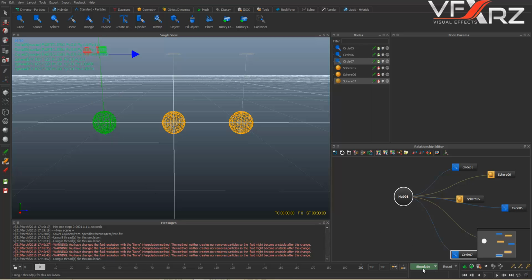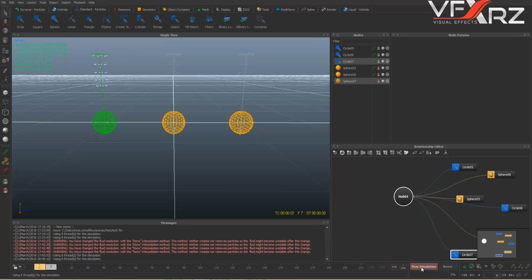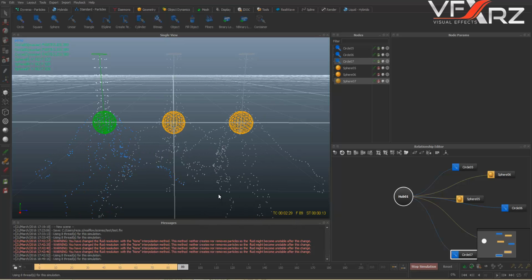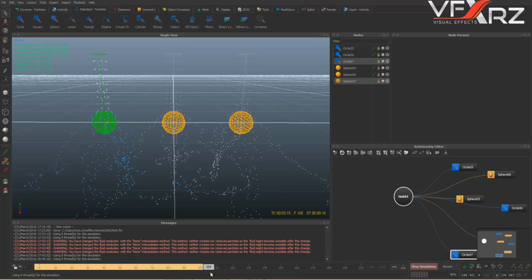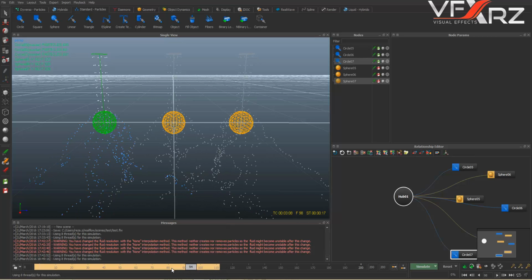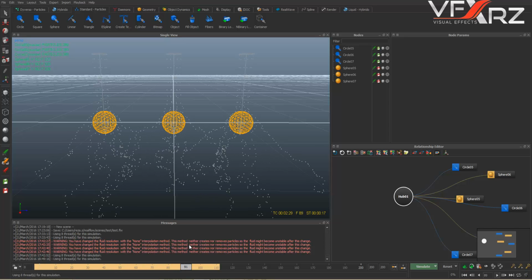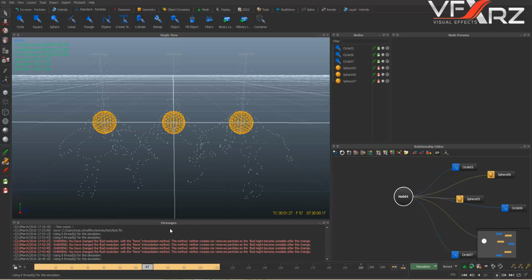Okay, now if you click this simulate button, as you can see it simulates like liquid, and it's very good. Okay, for example it's good. As you can see, when you change this indicator, it changes that liquid, for example like this. Okay,